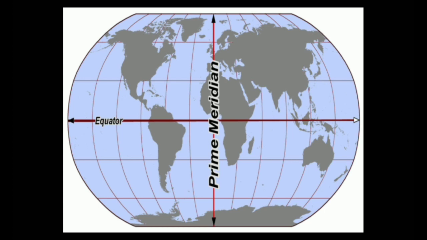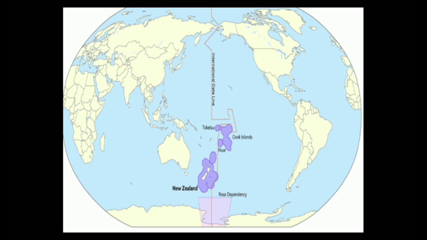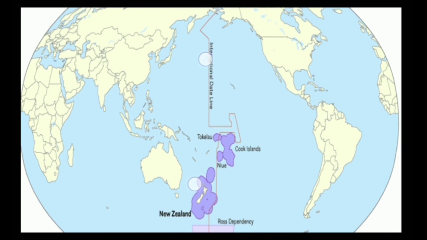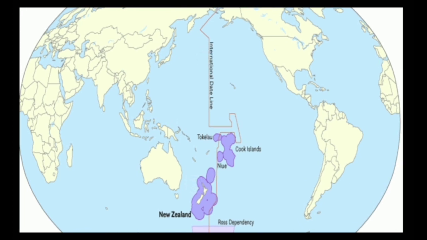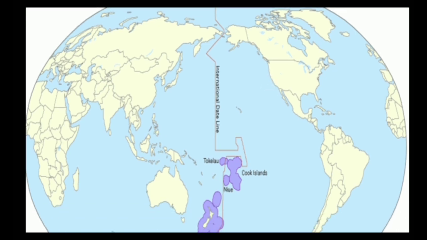Now, on the opposite side of the world to the prime meridian lies the international date line. You can see here in the image, this is the international date line, the opposite side of the prime meridian. Prime meridian is 0 degree and international date line is 180 degree longitude. It is an imaginary line of demarcation on the earth that runs from North Pole to South Pole. It passes through the middle of Pacific Ocean and roughly follows 180 degree longitude. Here you can see that this line is not straight, it is curved in the middle.